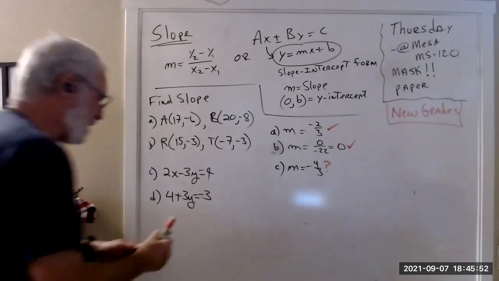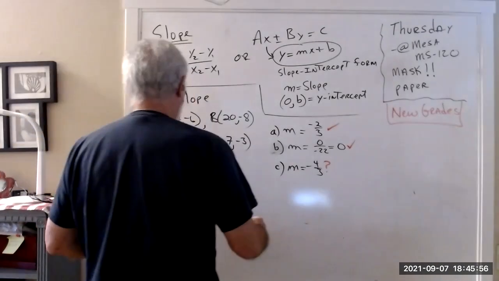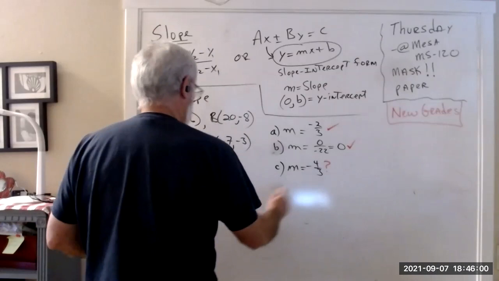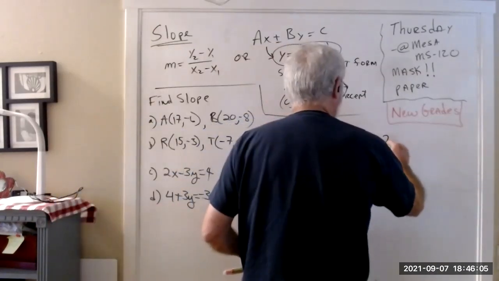Okay, let's try D. C is y equals 2/3 x minus 4/3. Well, that's the equation. Okay, so for C,